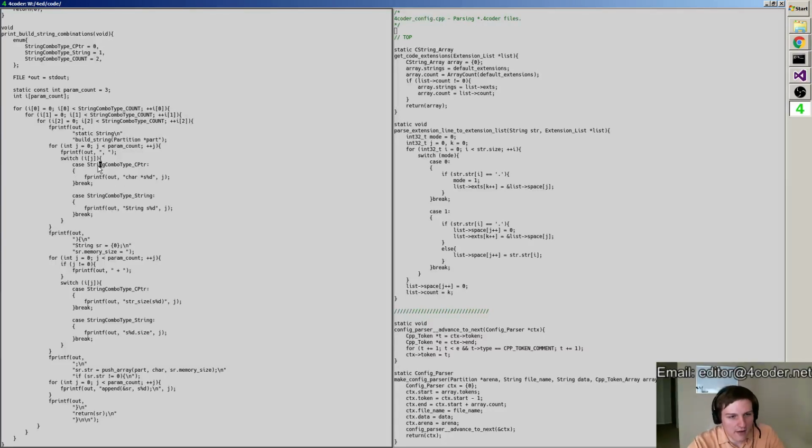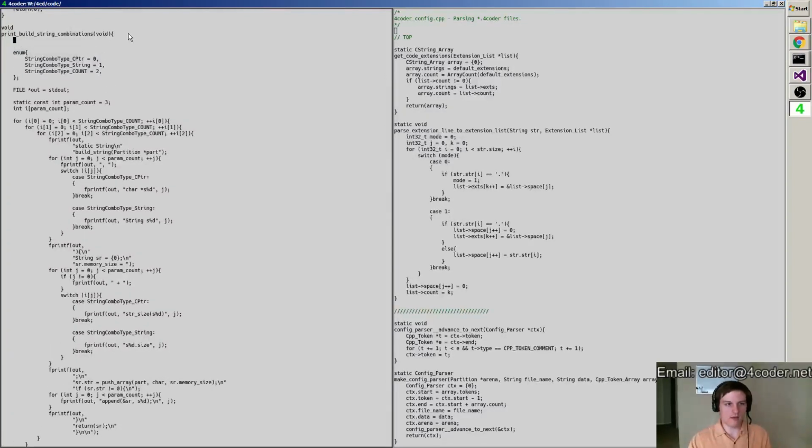The only reason it's not an array is because these little tidbits about how you generate a parameter of this type are just switched down here. I could easily make this more sophisticated by saying there's like a struct